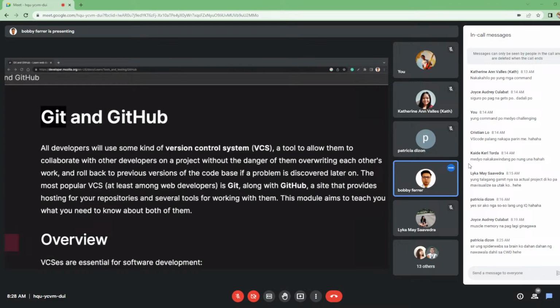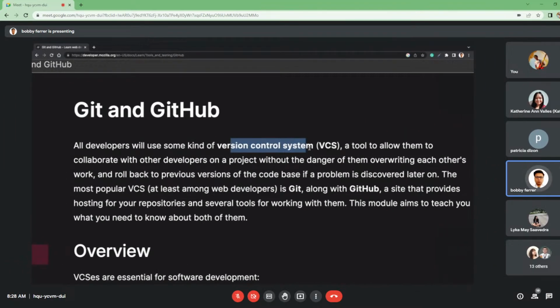Sige, let's do this. Alright, sabi niya dito, all developers will use some kind of version control system. Yes, definitely. So, what kind of sample system, website, or web application na ginagamit ng VCS or version control system? Most likely, I think most of you have Gcash, guys, or Facebook, or other yung nakikita nyo na nagno-notify, parang sabi na, okay, time to update. Right? Kasi they created another features. So, just imagine without version control system, guys,